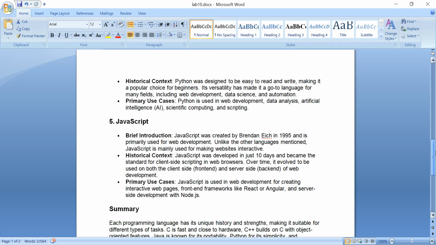The last one is JavaScript. JavaScript was created by Brendan Eich in 1995, and it is primarily used for web development. Unlike the other languages I mentioned, JavaScript is mainly used for making websites. The other languages can be used with software or for making complex applications, like ERPs, but JavaScript is mainly used for making websites interactive. If you want to make your website interactive, you can use JavaScript